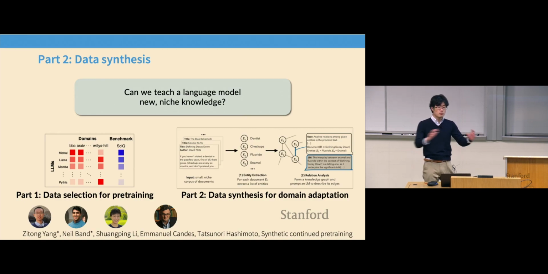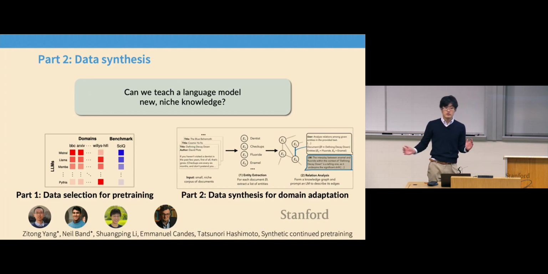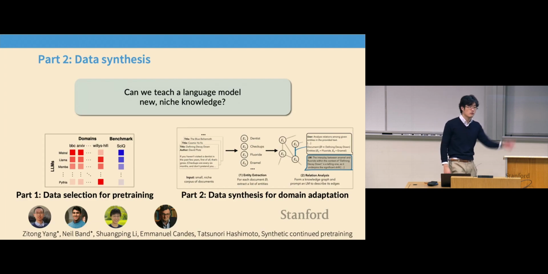Your constraint is you have more data than you can train on, but you don't have enough compute to train on all of it. So you don't want to weight the data, because to weight the data, you have to compute the forward and backward passes. You just want to select data, because then you don't have to do any gradient steps on those. And so everything we do in that part is data selection.